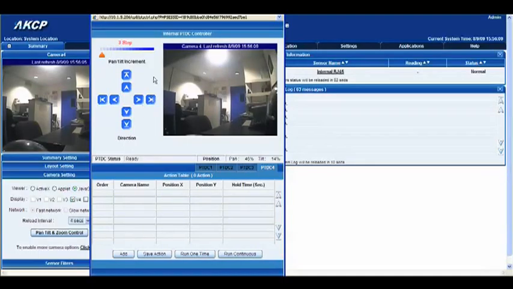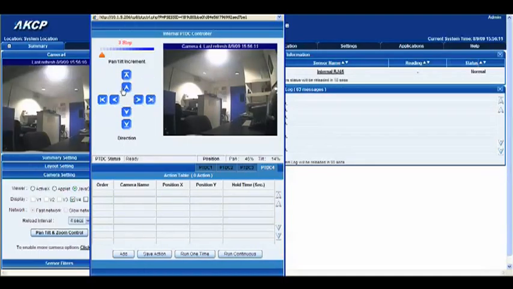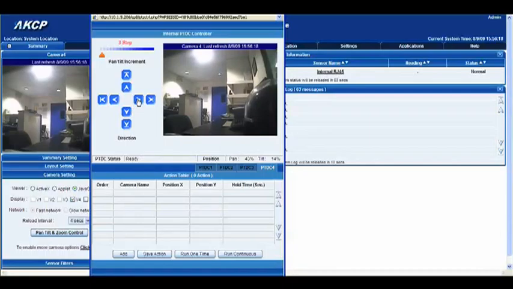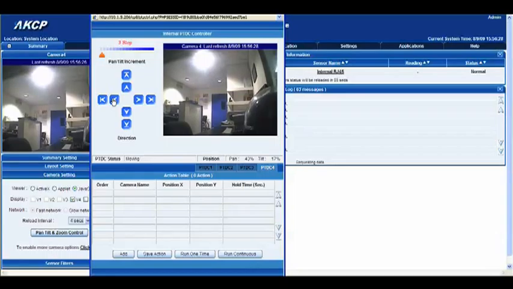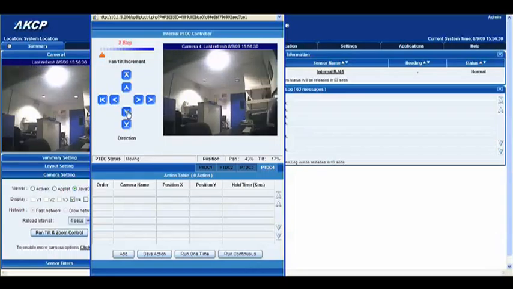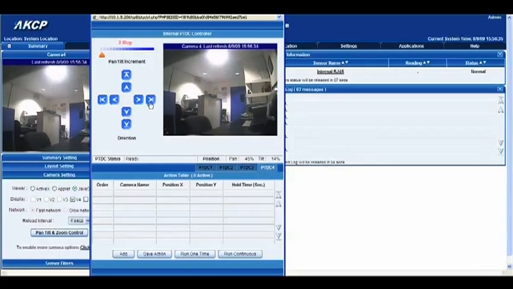Or you can actually use the D-pad on the left hand side here. Now the inner arrows here, if you click this, it will essentially move it 3 steps at a time, which is the increment at the top of the page here. Again, if we click the up arrow, it will move it 3 steps up, left, 3 steps left, and down, 3 steps down. Now the outer arrows will actually move the camera to the maximum of its axes in either direction. So if we click the up,